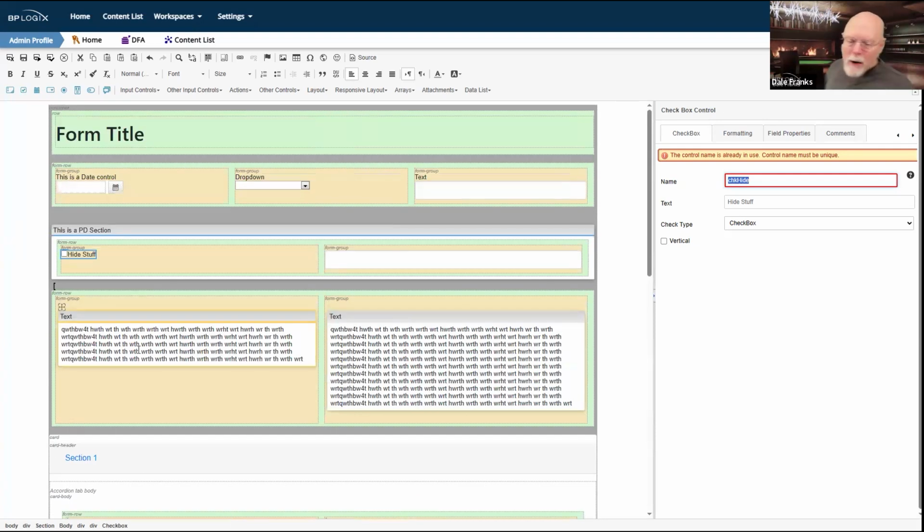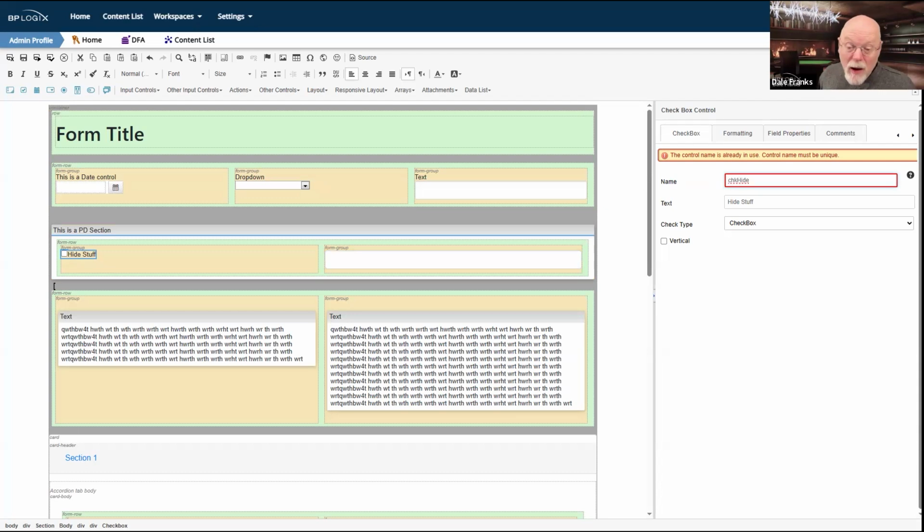Now, I do want to say one more thing about the section controls, which is even though I have put them inside the container control itself, and I want to because both of these are going to be top-level containers. So we really do have to think whenever we're using the responsive layout controls in terms of containers that go on our form. And I've done something which is not good here, so we're going to have to close this thing out and reopen it to run it properly. So forgive me for that.